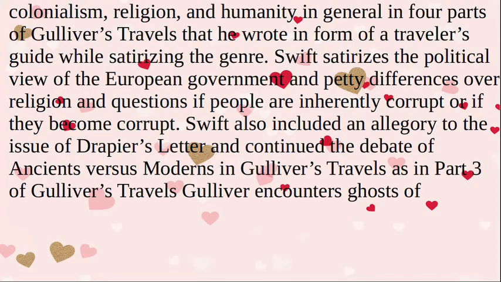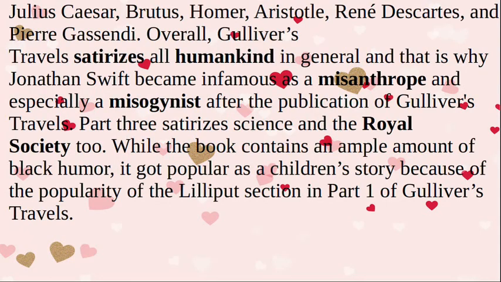Swift satirizes the political views of the European governments and petty differences over religion, and questions if people are inherently corrupt or if they become corrupt. Swift also included an allegory to the issue of Drapier's Letters and continued the debate of ancients versus moderns in Gulliver's Travels, as in part 3, Gulliver encounters ghosts of Julius Caesar, Brutus, Homer, Aristotle, René Descartes